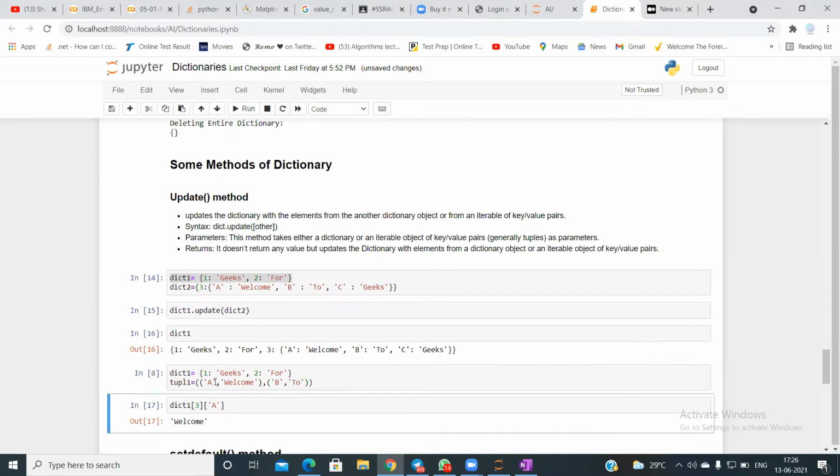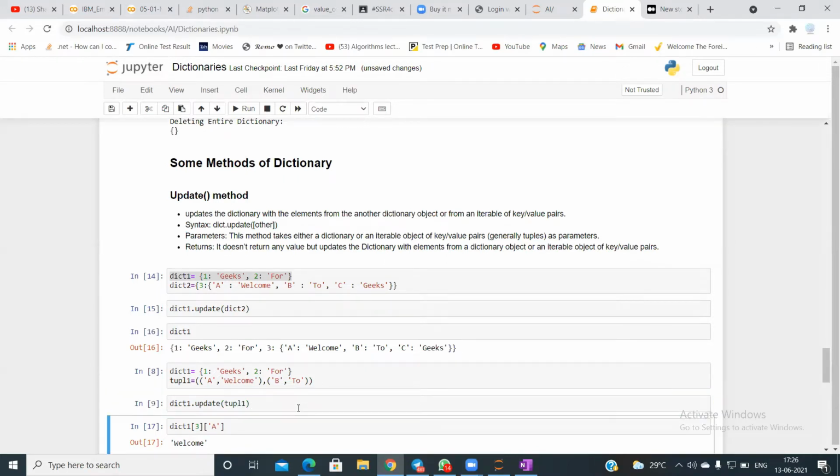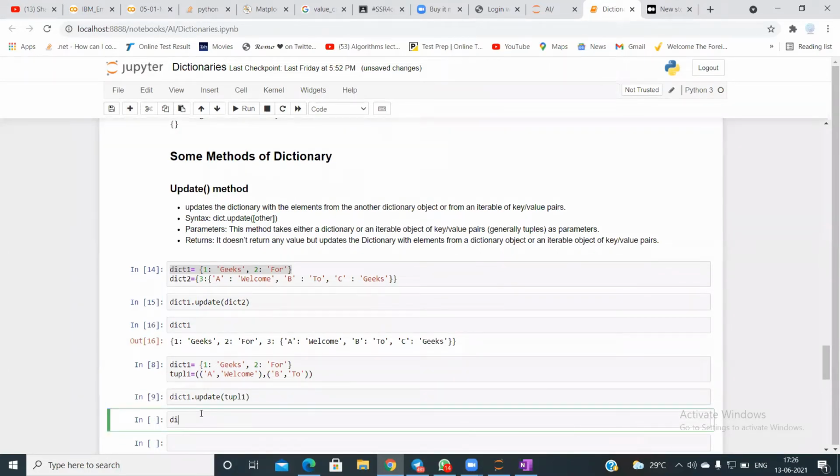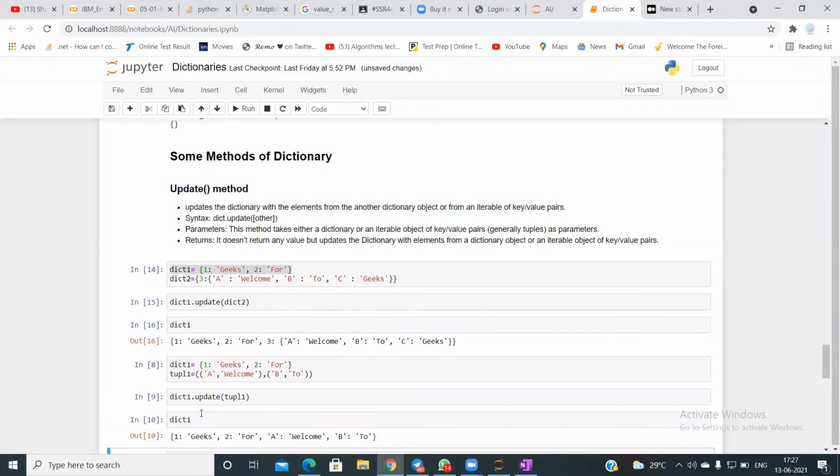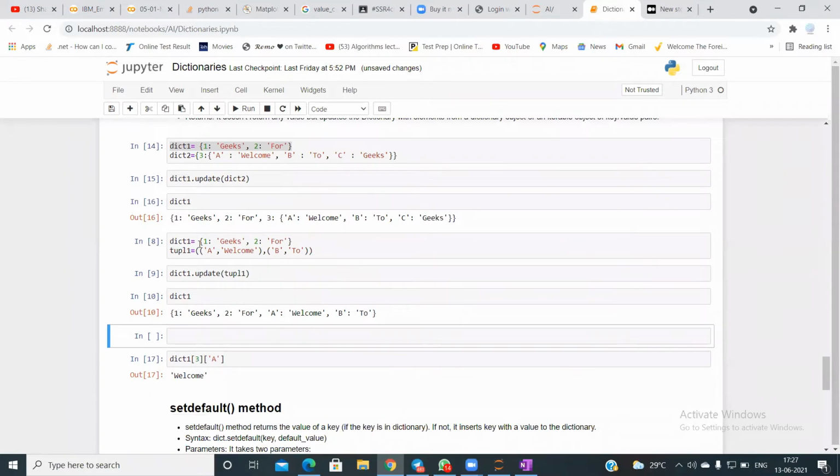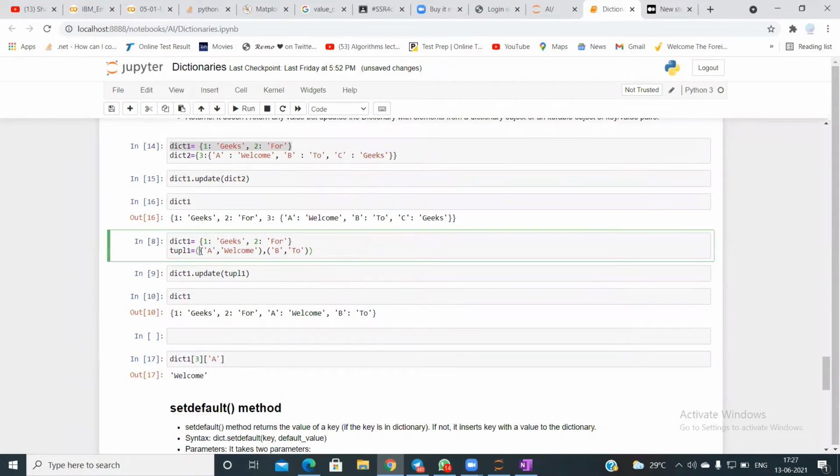So I've given these two. Now dict 1 dot update of tuple 1. Did dict 1 get updated? Let me check. Yes, you see, I mentioned these key value pairs in the form of a tuple.